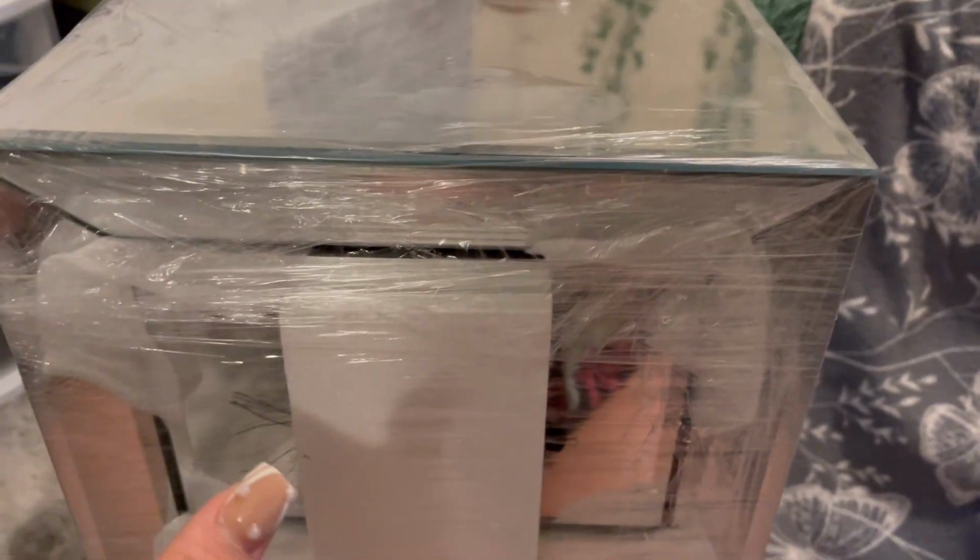Alright guys, so my new nightstand just came in the mail and they already have it made for me, which I'm really happy about, because I thought I would have to make it my own or